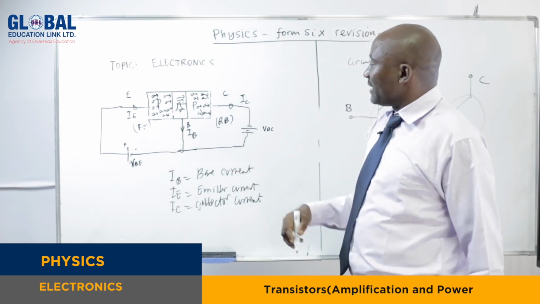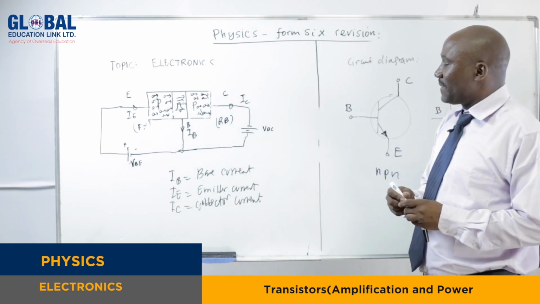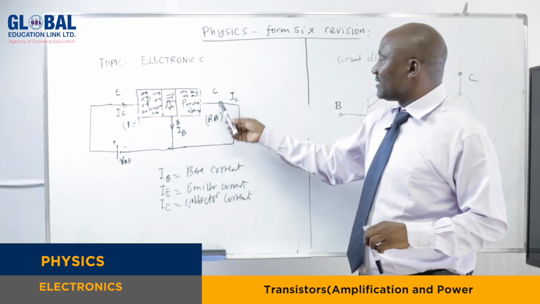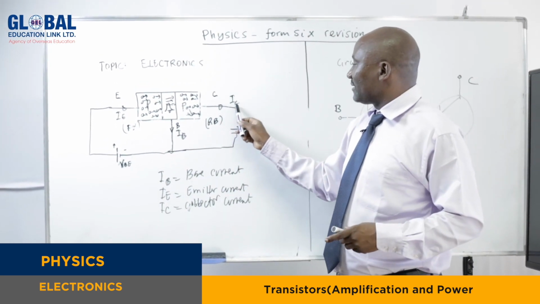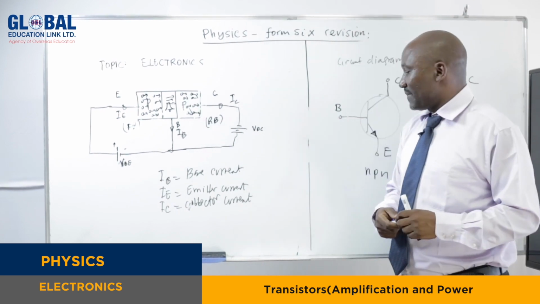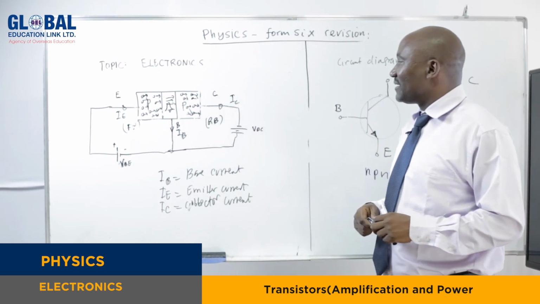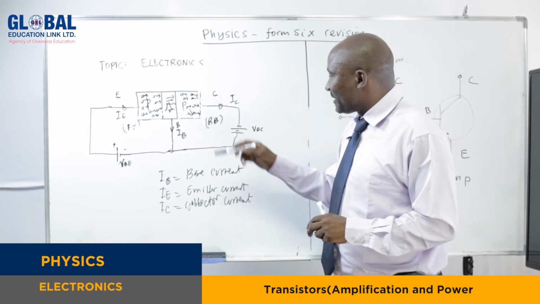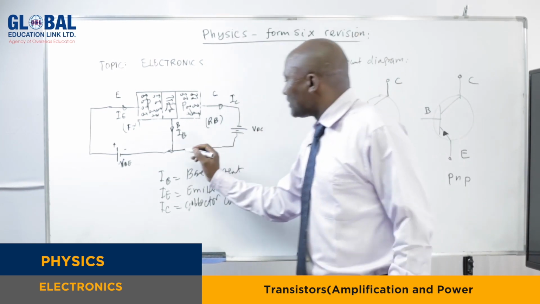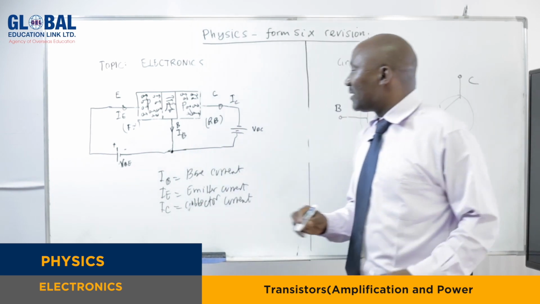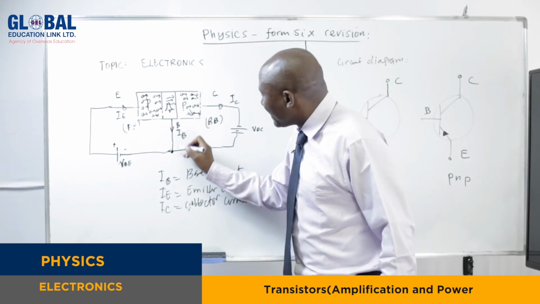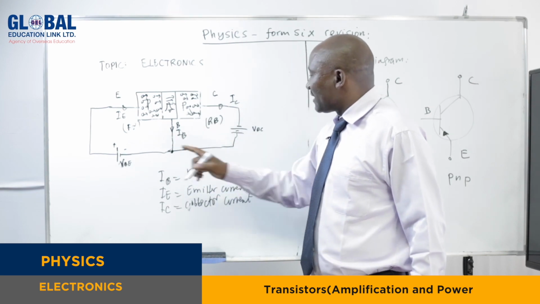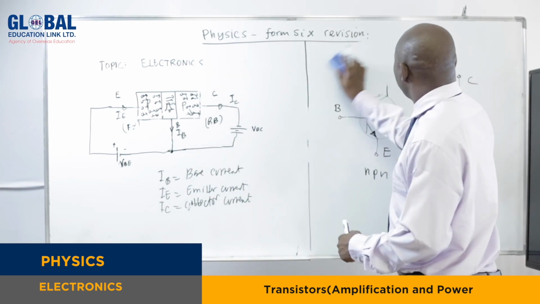We did this. Now let's see how the current flows. If this is a very small current which has been produced here, you can see that the collector current will be very large. And we shall see how we define the current gain of this kind of transistor. Now, from Kirchhoff's law, if you consider this point as our junction, this current is coming here, and this current is coming here. These are the two currents going to the junction. According to Kirchhoff's law,